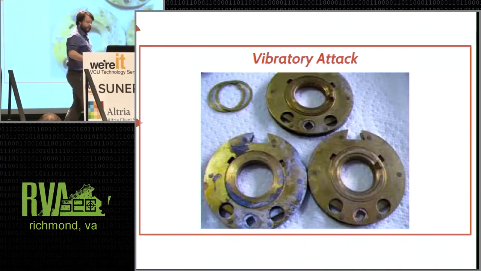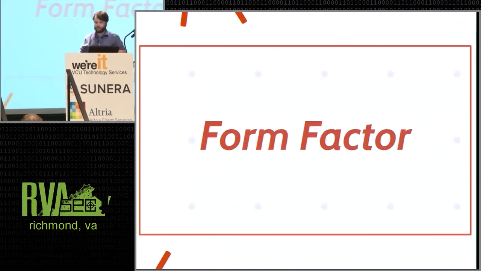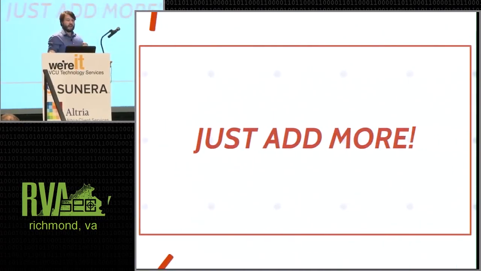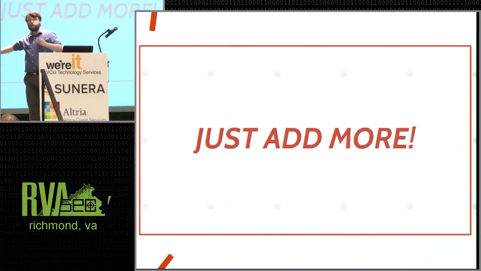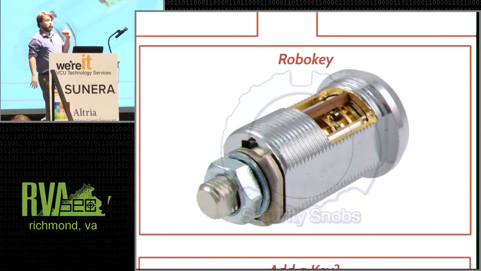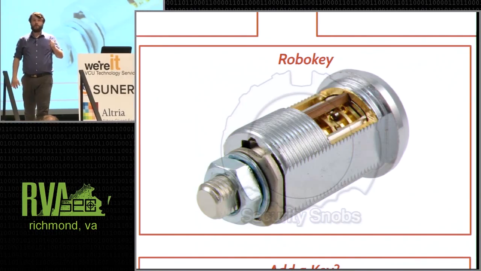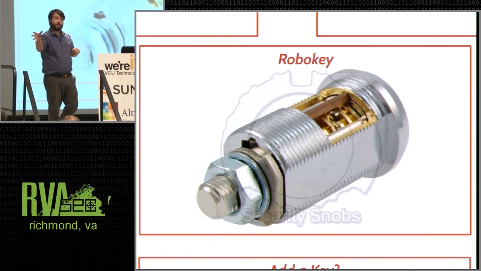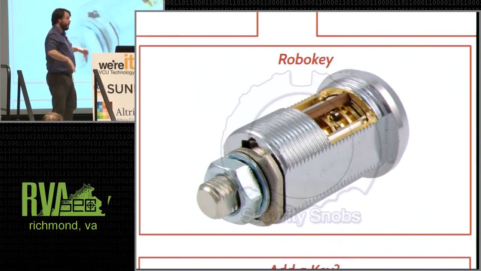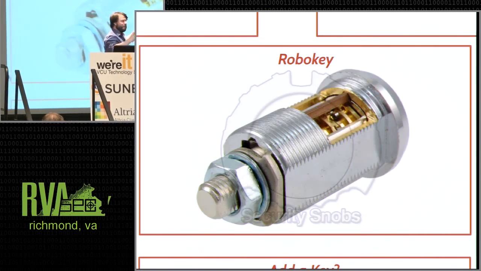So again, everybody always wants to mess with the form factor of these things. So what if we can add a lot more wheels and make it really tiny? Well, John and Bob Laughlin did that with their RoboKey cylinder. So the RoboKey was meant to be a lock for ships at sea. Wanted a strong mechanical lock that could bear up to the elements, but it was going to be dialed with a robo-dialer that was just a stepper motor getting instructions for right and then left and so on and so forth. But this had 7 to 11 individual wheels, and it had this tiny little emergency dialer where if your